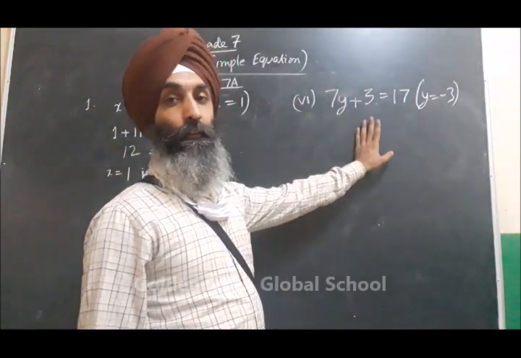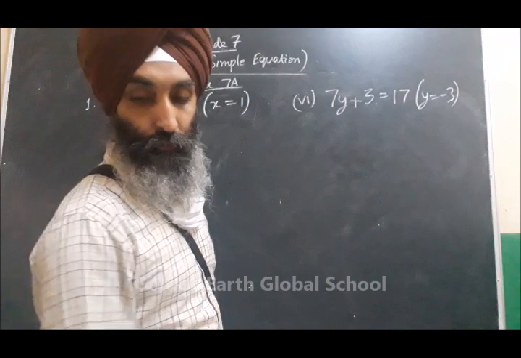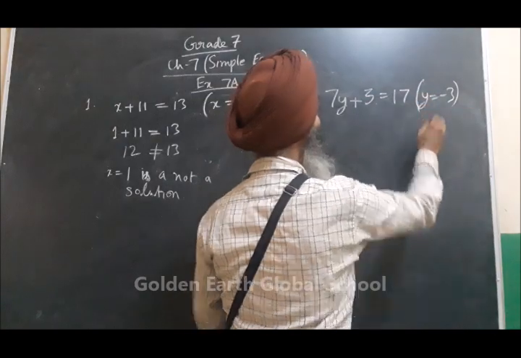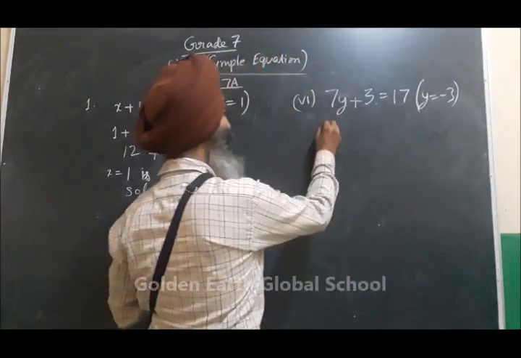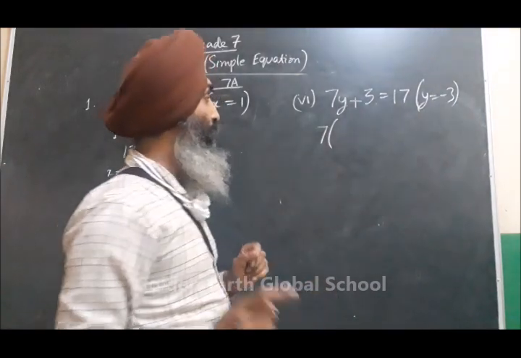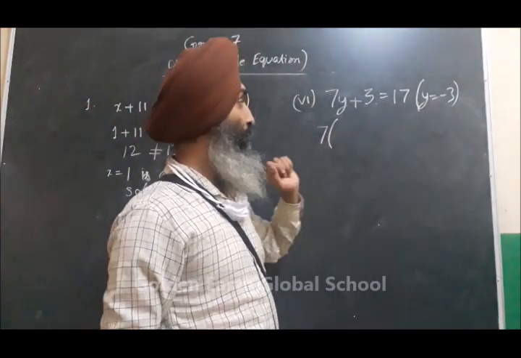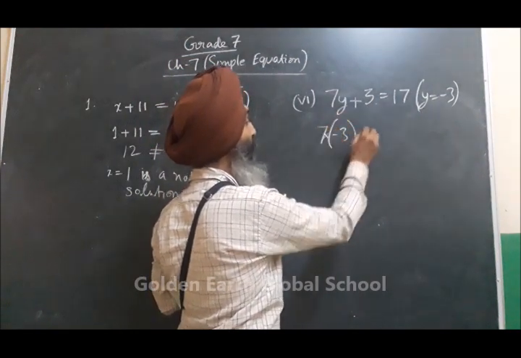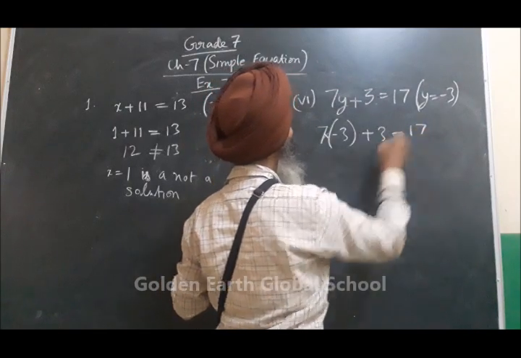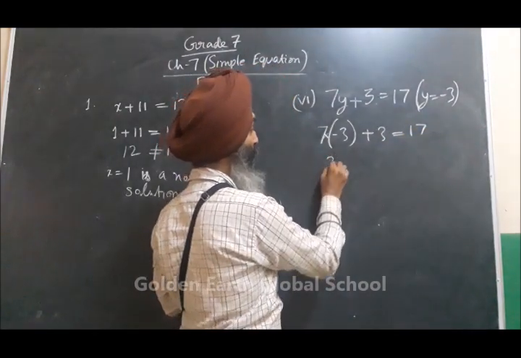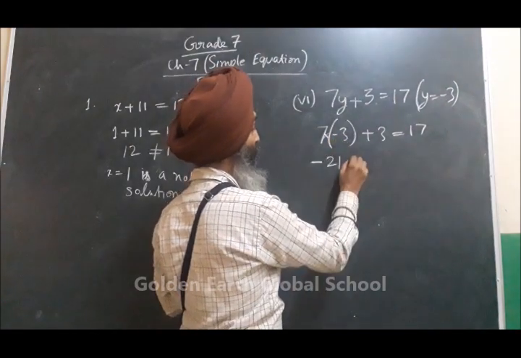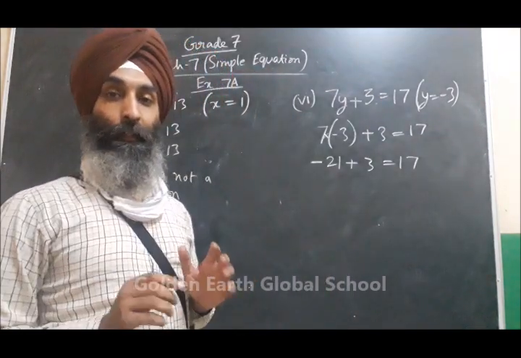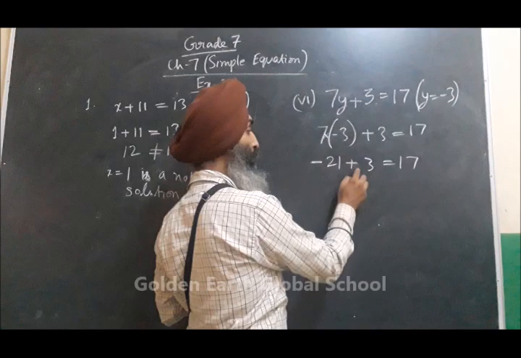Now similarly, see the last, sixth part of the first question. You have the equation 7y plus 3 is equal to 17, and here y is given as minus 3. So put y is equal to minus 3 here. When you are putting a minus sign, you have to put a bracket. It means nothing means multiply. So 7 times minus 3 is minus 21, and minus 21 plus 3 is